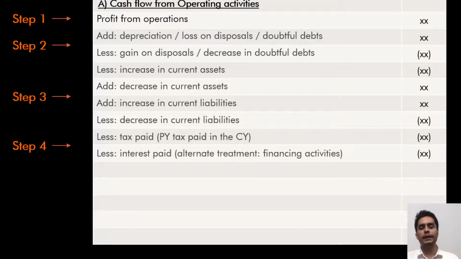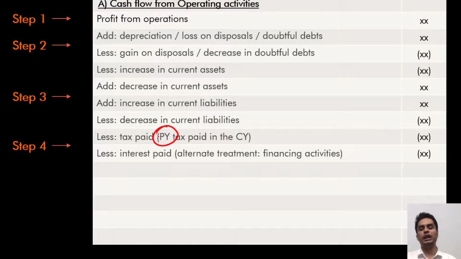If you remember, I told you operating activities include all your principal revenue producing activities and all other transactions that do not fall in investing or financing activities. If you think about it, taxes paid do not fall under either operating, investing, or financing activities. But since operating activity is the residual head, taxes paid are shown at the end of the operating activities as a deduction. Another thing to keep in mind here is that previous year's tax that is there in the balance sheet is always paid in the current year, and hence previous year's tax is subtracted in the operating activities cash flow statement. The second item that we deduct here is interest paid.